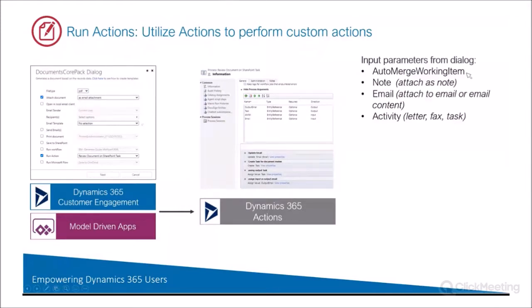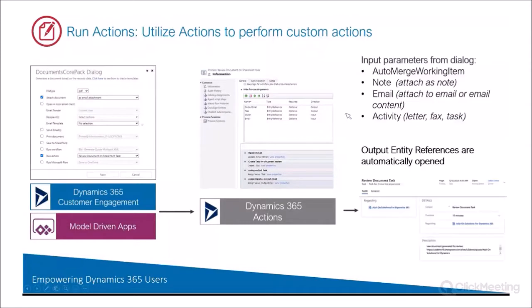So the input parameters that you can give to it are basically from the auto merge working item to like the note, so you can attach it to a note, an email, email content, or an activity, a letter, fax, or task. What's really interesting about this is you have your input parameters that you're going to input. You're going to push things over, and then one nice thing is you can output entity